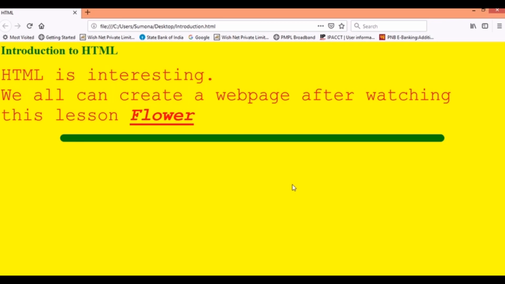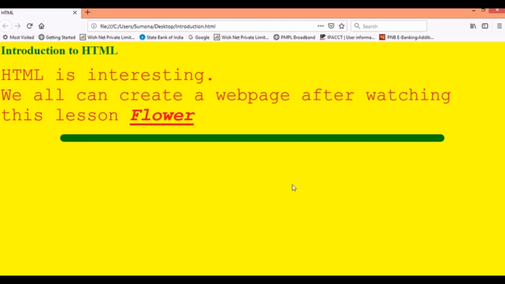So students, if you notice that the title, which is not the same as the heading, it has appeared at the top left corner of the screen where it is showing HTML. The color of the heading, which is Introduction to HTML, is in green because we have set the text color as green for the body tag. The color of HTML is interesting and we all can create a web page after watching this lesson.